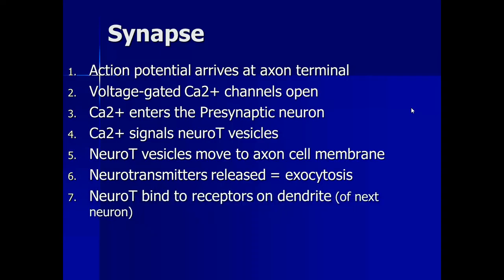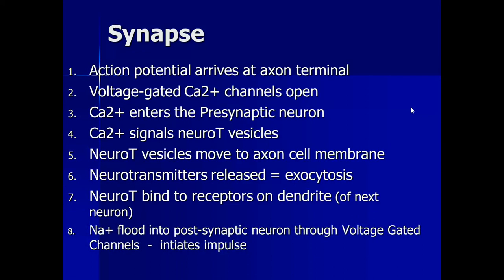What happens to the neurotransmitters? What is their function? What is their job? To bind to receptors on the dendrite or on the effector or receptor. And when it does that, the voltage-gated sodium channel opens up. Okay, the voltage-gated sodium channel opens up, and just like the nerve impulse, the sodium floods into the next neuron, initiating